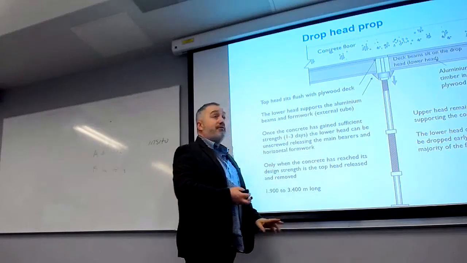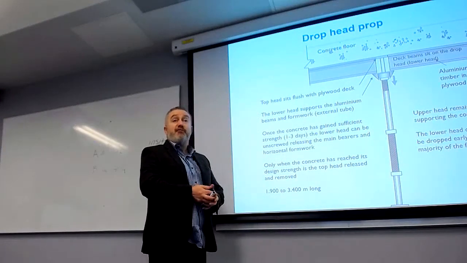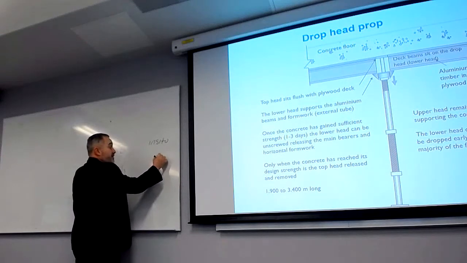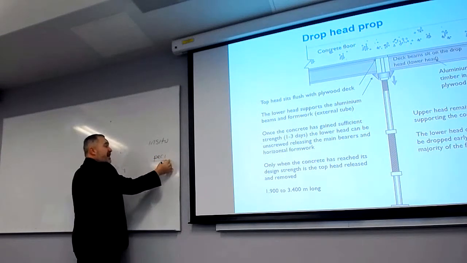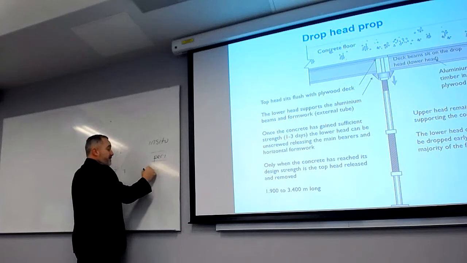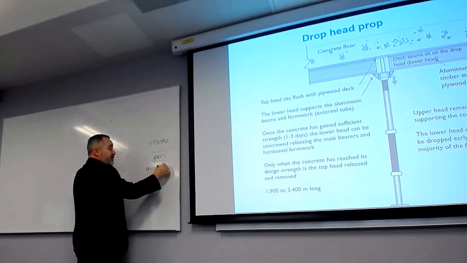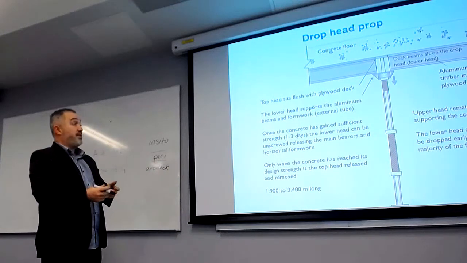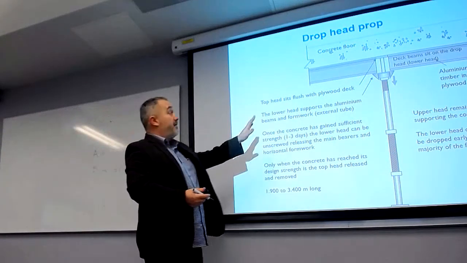There's Aero Deck, and there's a company called Perry, which is the main company that does the larger. Perry is yellow, it's very expensive. There's Aero Deck, which is blue, which they use in the northeast a lot. But these are people who supply this